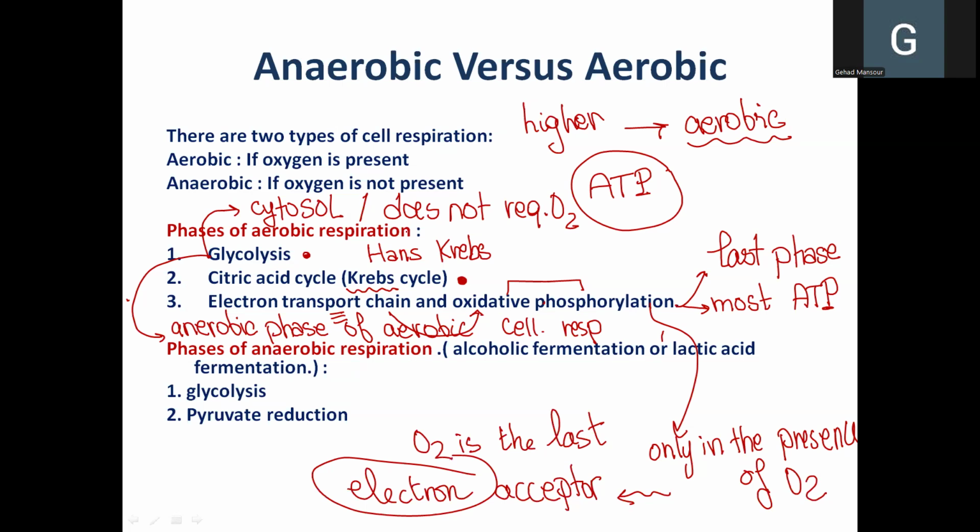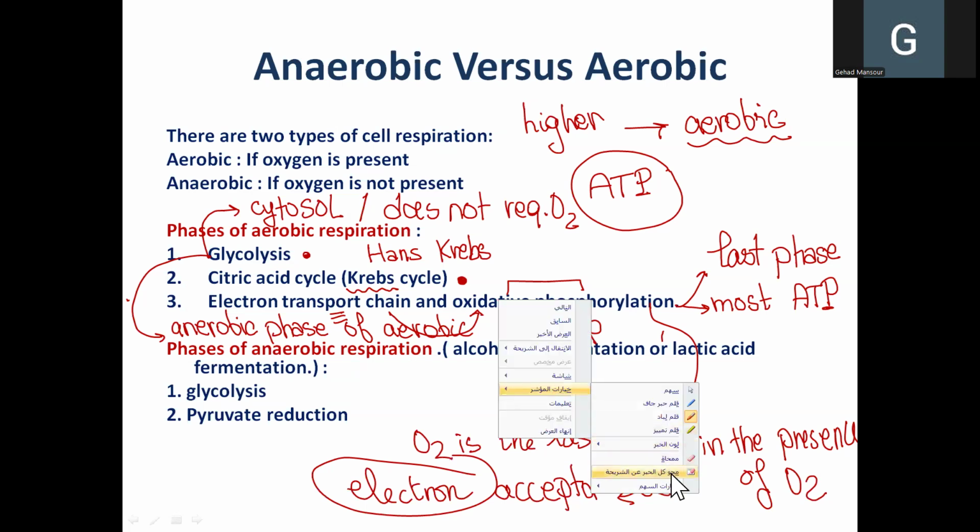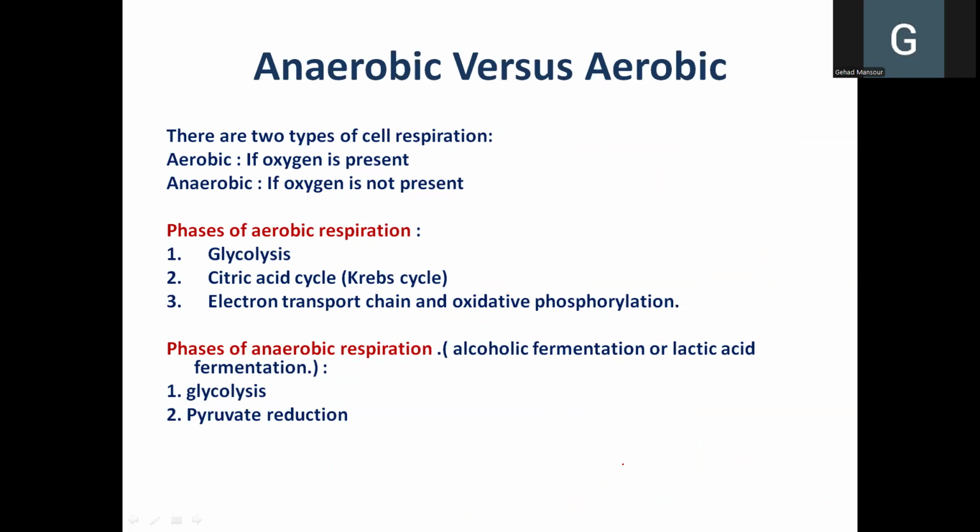So these are the phases of aerobic cellular respiration. On the other hand, if we don't have oxygen or if we don't have enough oxygen, the cell will carry out anaerobic respiration. Does this occur in the human body? Yes. For example, in skeletal muscles, when you are exercising heavily and the heart is pumping blood to the maximum